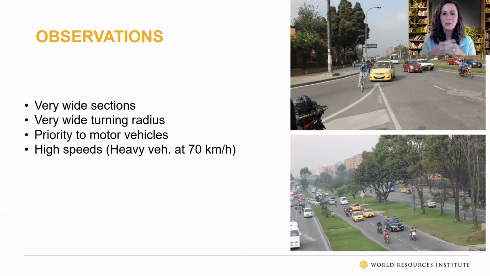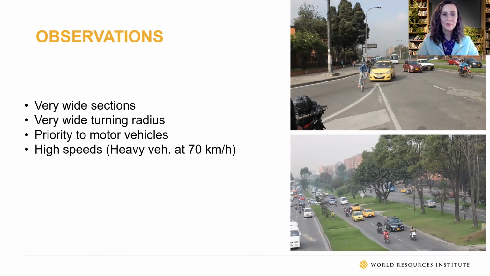Other observations: some of the roads have been built as interurban roads, roads that were outside the city, and that's why they have very wide sections, very wide turning radius. You can see there the yellow vehicle turning without slowing down, because this type of design allows it to not slow down, and you have a cyclist that was coming straight. In a city, you don't want to have this type of design. You want to make sure that when a car is turning a corner, it is slowing down to be able to see who is on the other side.